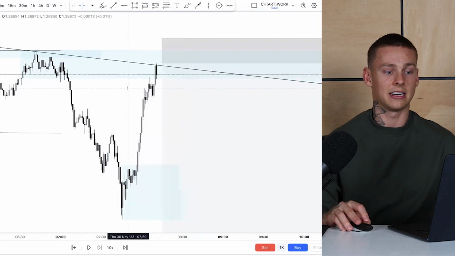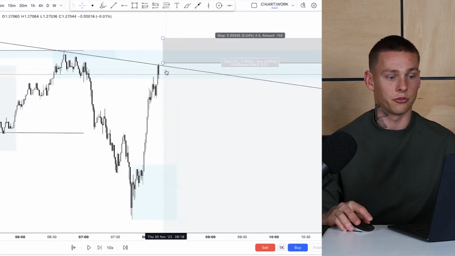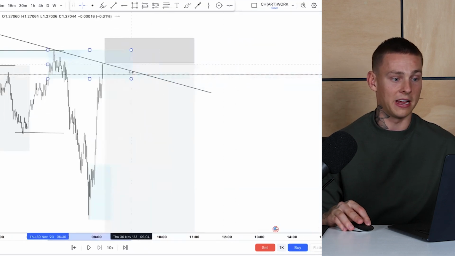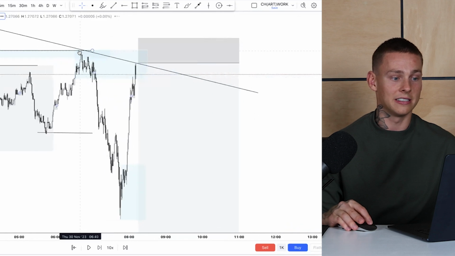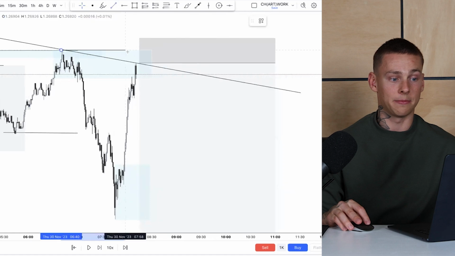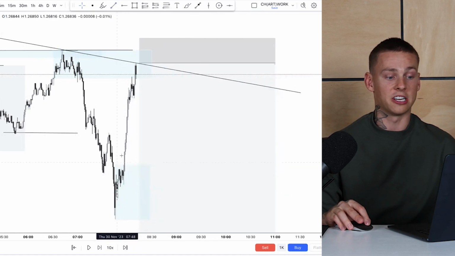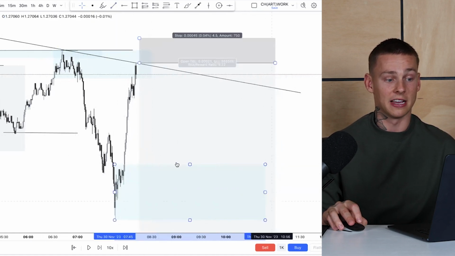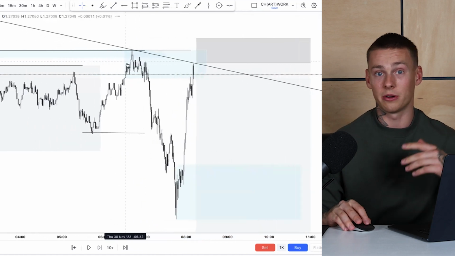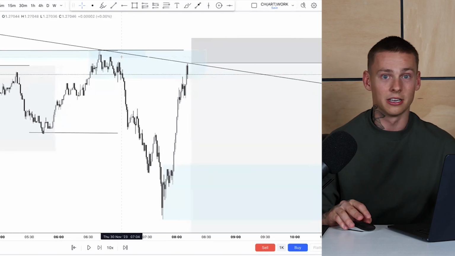But again, like I explained, we had that trend line that was just creeping closer and closer. And we also had this POI where price was coming into. So for me, I was looking for price to take out the liquidity that we spoke about before. That will be doing a bullish break to the upside. So that bullish break to the upside is going to be putting a lot of traders into long positions in this bullish range. But for me, I wanted to sell and go against that because I understood where price was